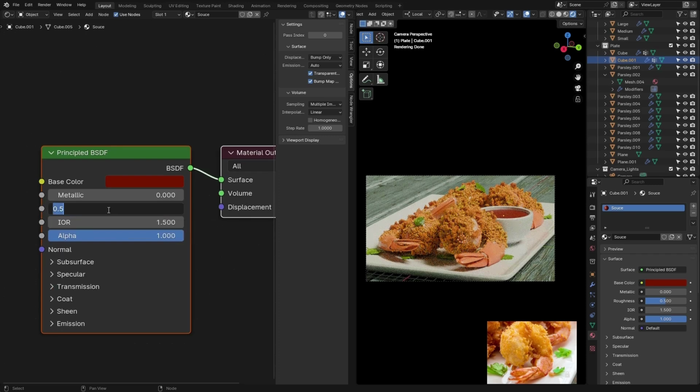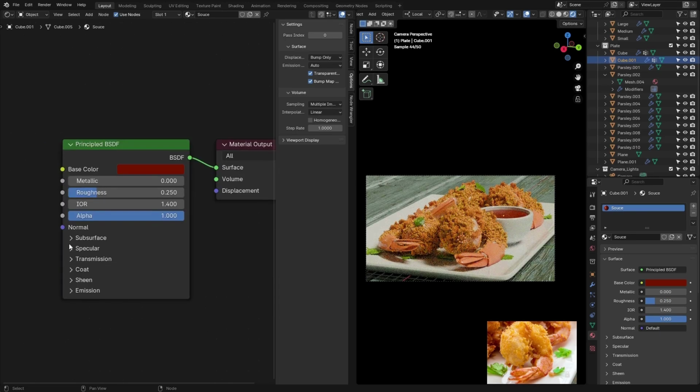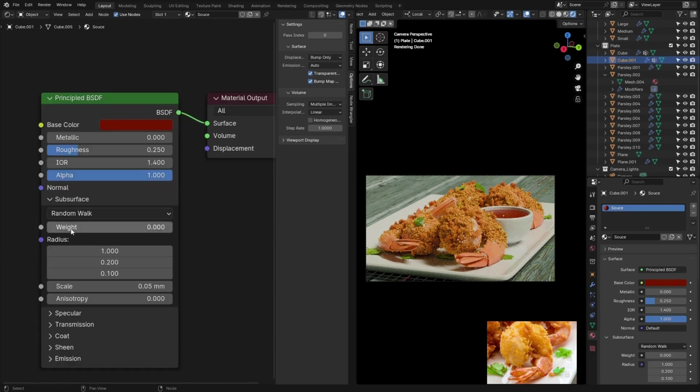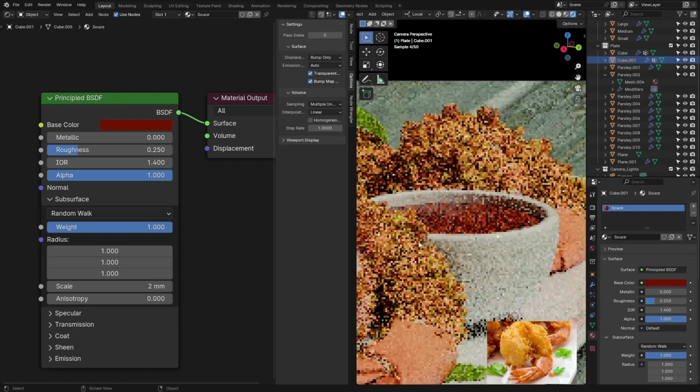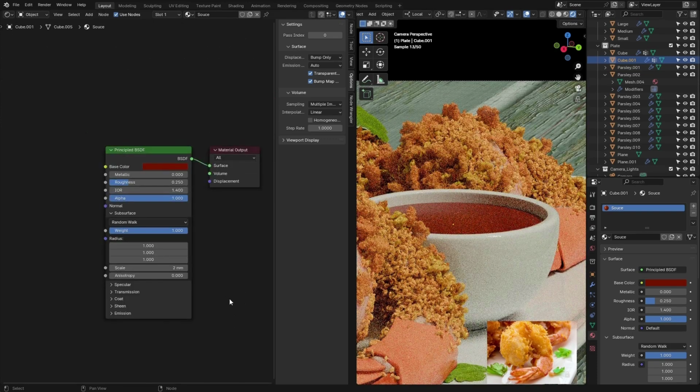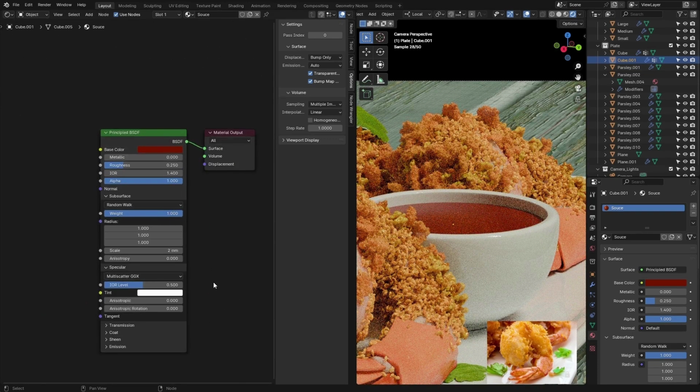Roughness of 0.3 or 0.25 or something, maybe 0.25. IOR of 1.4. All right. Going to subsurface scattering. Grab the weight all the way up, 1 for radius and actually 2 millimeters for the scale. So going to specular,